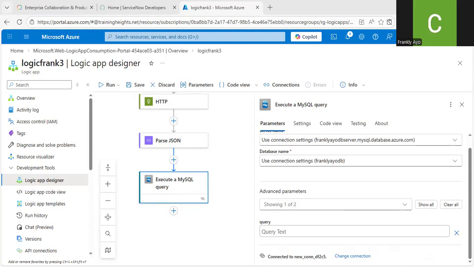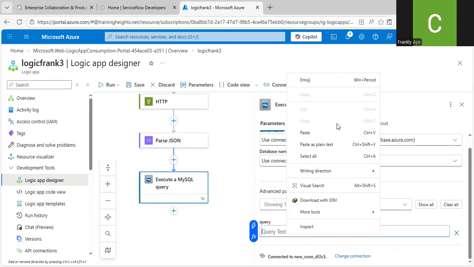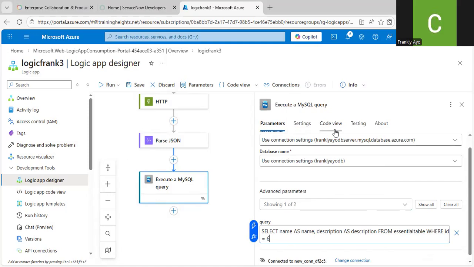So let me copy and I'll paste this here. Yeah, so I'll just change this to where ID is 2. I used this before I started this video. And I'll change the name of the table. This was a former table I had, I'll change it to the one I'm using